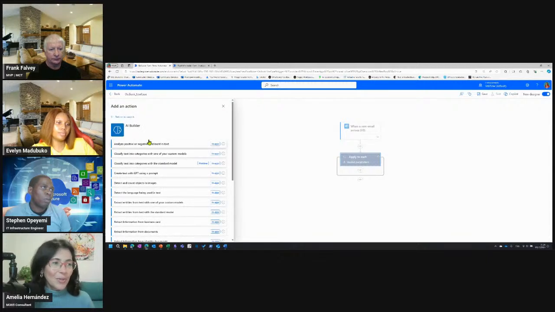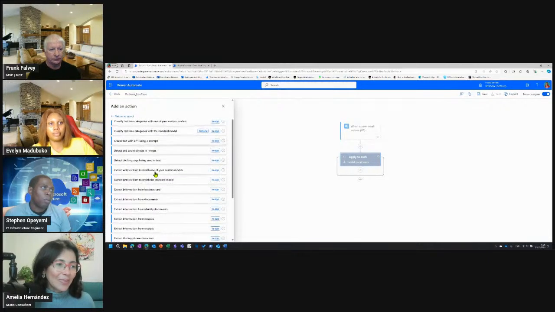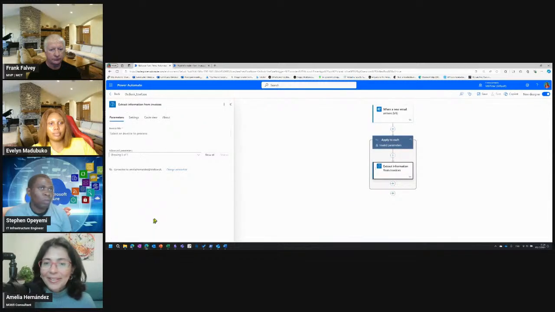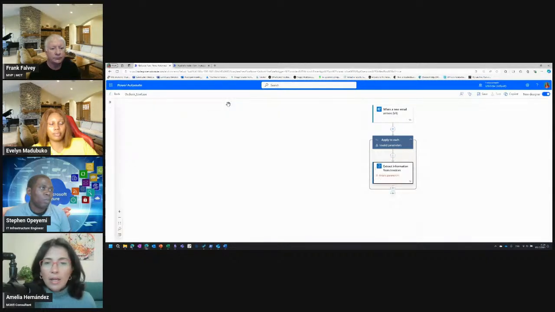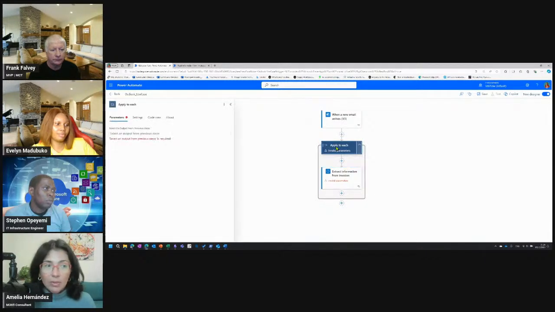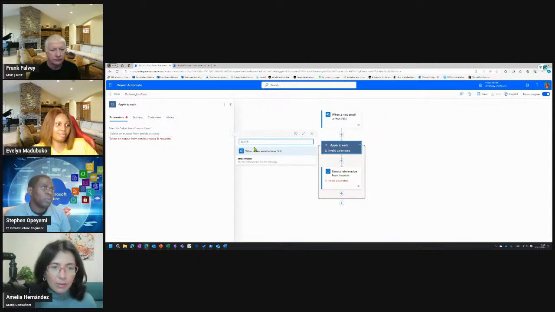And so this is the way I'm doing it again. New action, and then here we go, extract information from invoice. And well, here we are again. We will need actually to set up this invoice file. But before I do that, I just realized that I haven't set up my apply to each, meaning the apply to each doesn't know what are those each. So therefore, I have to go for the dynamic field and say,